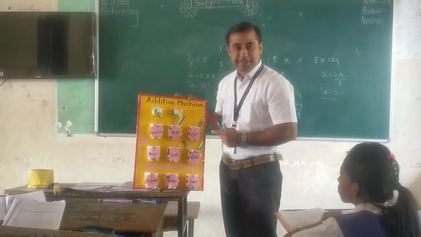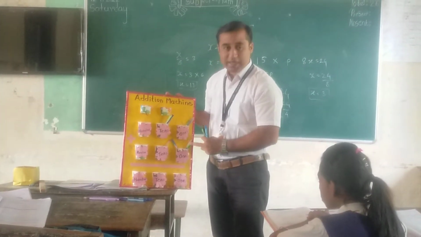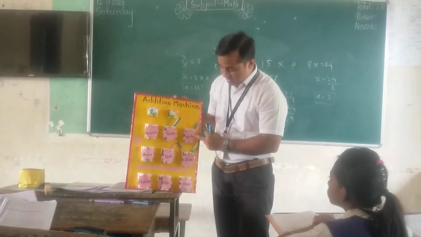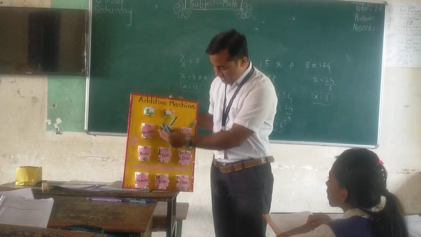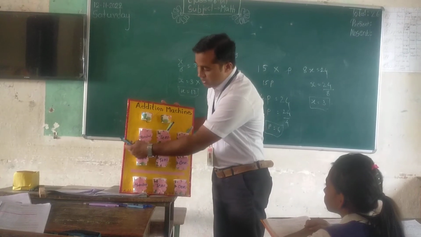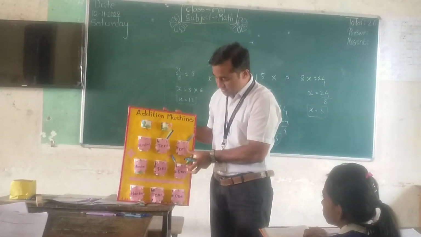Start. हे आपण ॲडिशन मशीन बनवलेली आहे. ॲडिशन ऑलवेज फ्रॉम वन्स प्लेस टू टेन्स प्लेस. ओके, दिस इज वन प्लेस, टेन्स, 100. वन्स, टेन्स, 100. We have to addition of these two numbers.